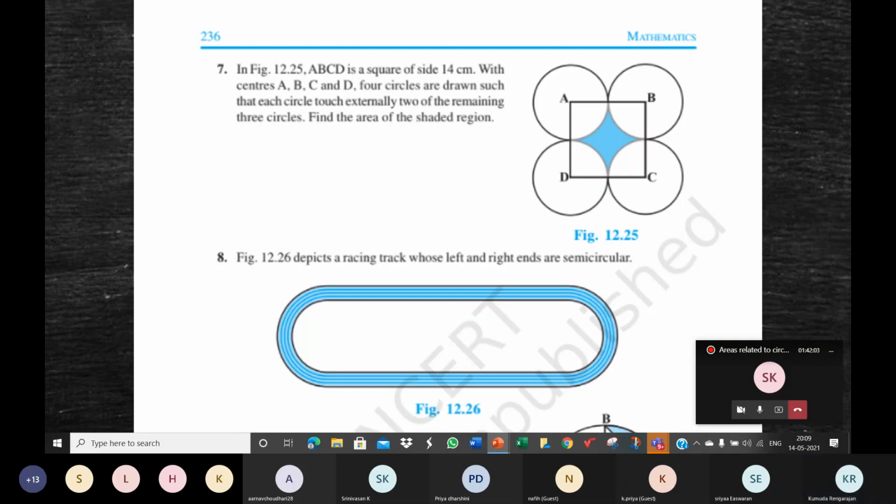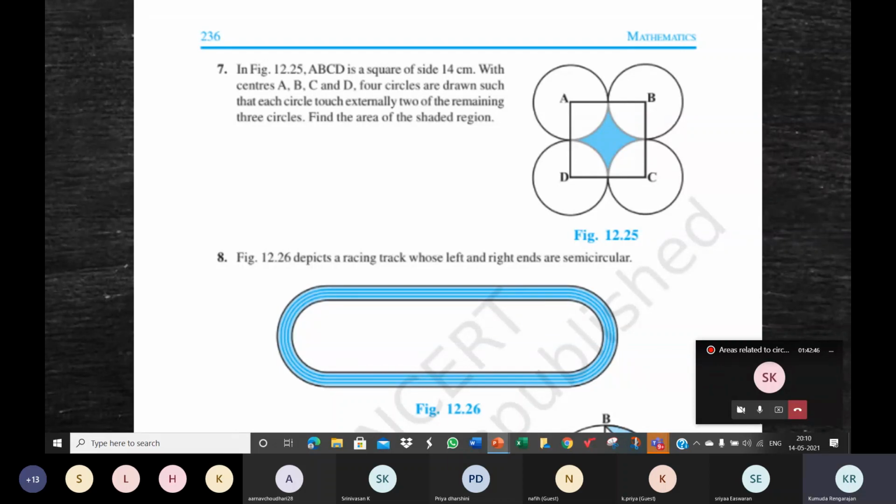Because imagine you have the coins, 4 coins. You can place 4 identical coins. Of course, coins are not circles, I'm just telling you, they're circular, right? Supposing you have 4 identical coins, you can place them in so many ways. You can just put one next to the other, all the 4 in a row kind of. So how will the question be if the circles are arranged like this? 4 congruent circles